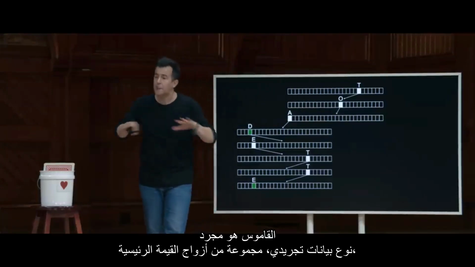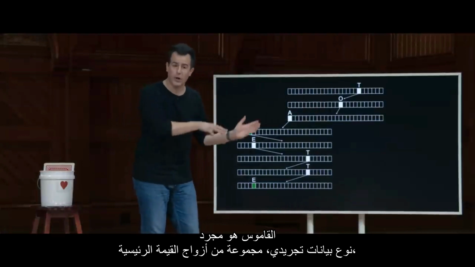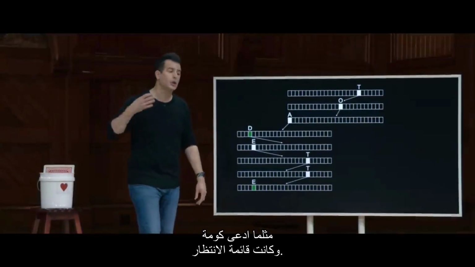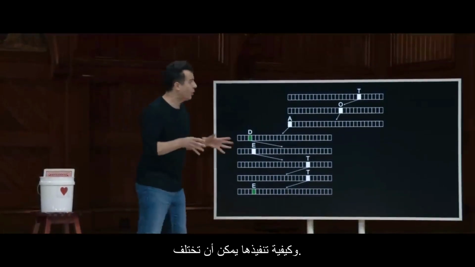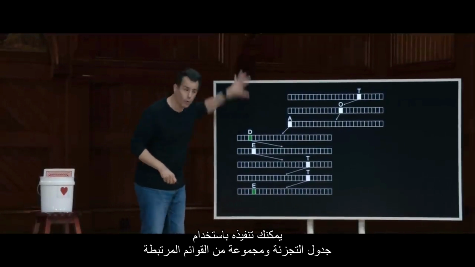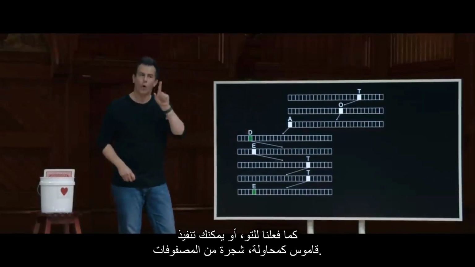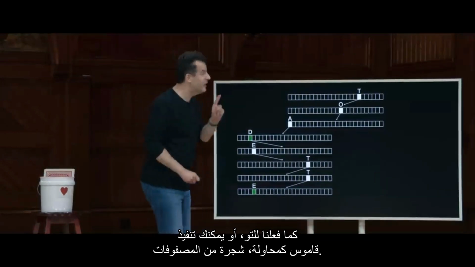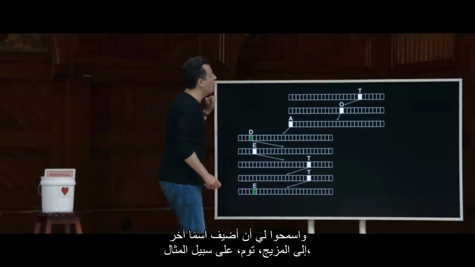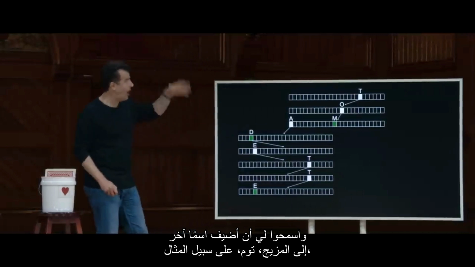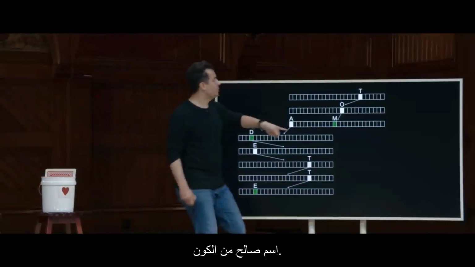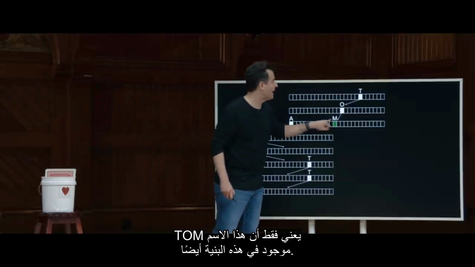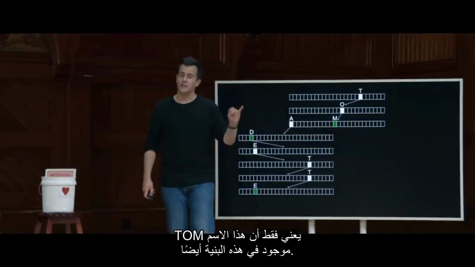A dictionary is just an abstract data type, a collection of key value pairs, just like I claimed a stack and a queue was, and how you implement it can differ. You could implement it with a hash table, an array of linked lists as we just did, or you can implement a dictionary as a try, a tree of arrays. And let me add one more name to the mix. Tom, for instance, a valid name from the universe, T-O-M, just means that, OK, that name exists in this structure